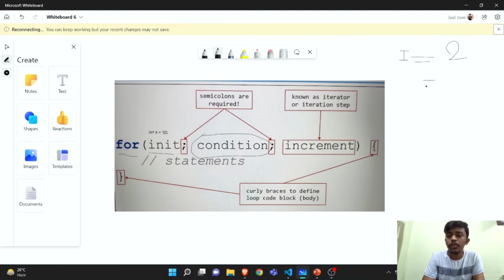You need to do it until 10 digits, right? So you just need to specify i is less than or equals to 10. In the next iteration it will be i plus plus,